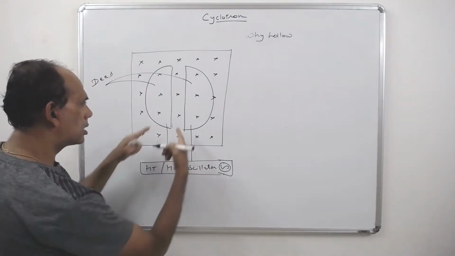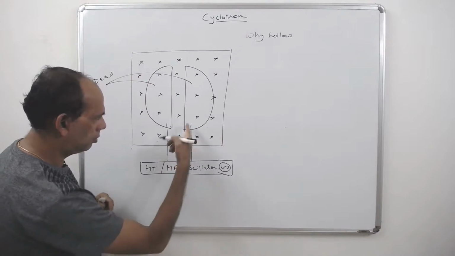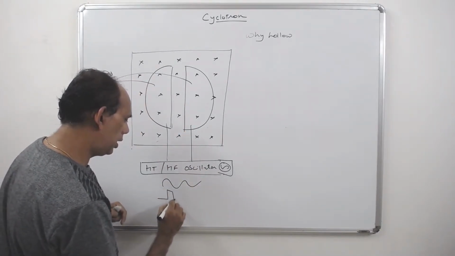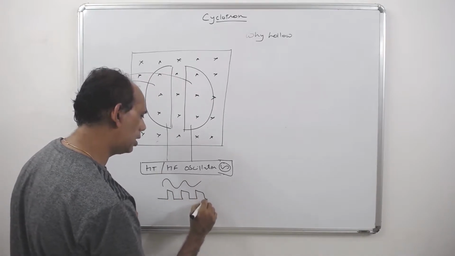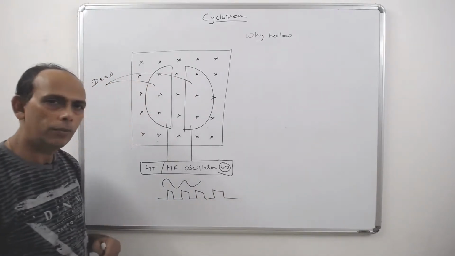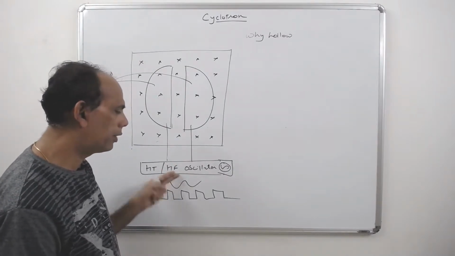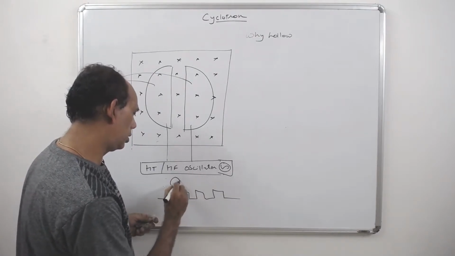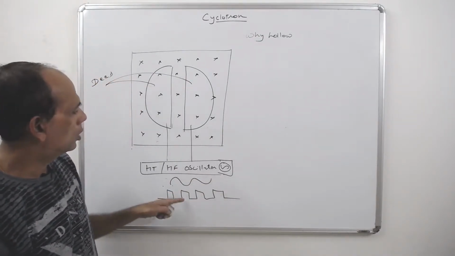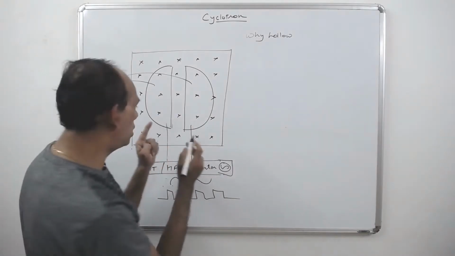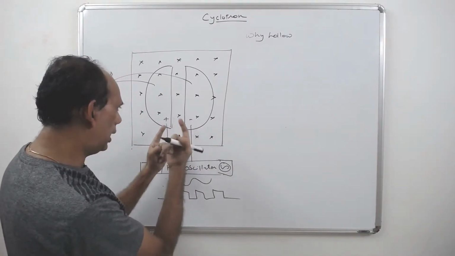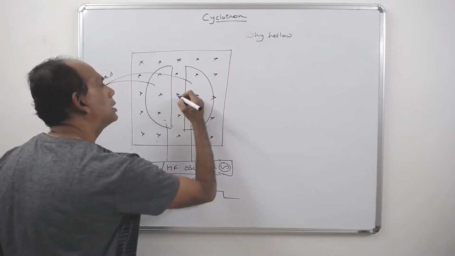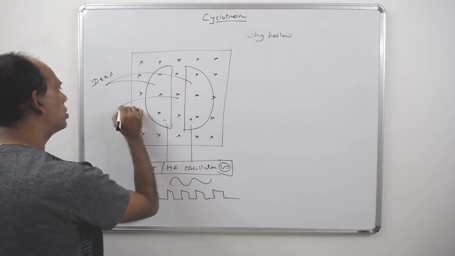Next, this frequency could be a sine wave. It is practically a sine wave, but theoretically it is a step wave. We can consider this a step wave. A sine wave can be converted into a step wave, but practically you can use a sine wave. This is the sine wave that is used between these two sides. At one instant this becomes plus, this becomes minus. Again at another instant this becomes minus, this becomes plus. That is going to be useful for us. In the center place, there is an ion source.